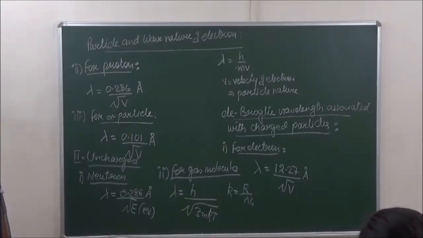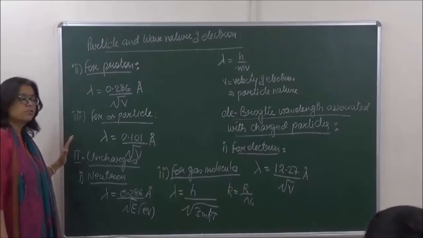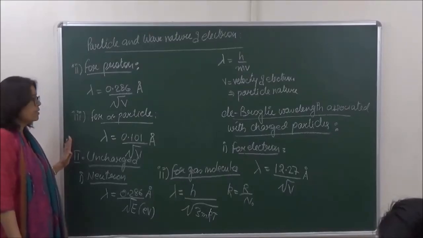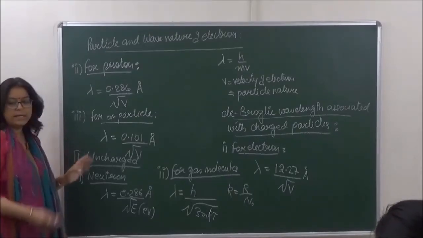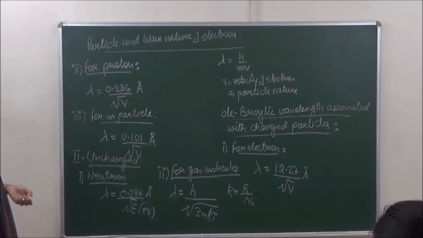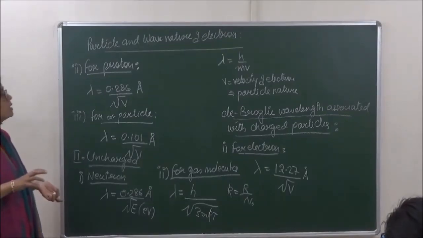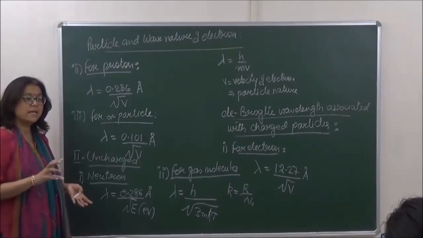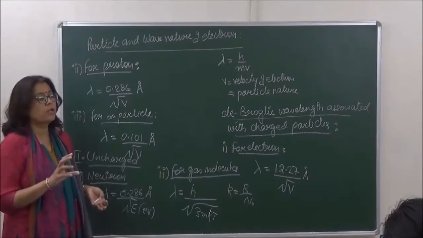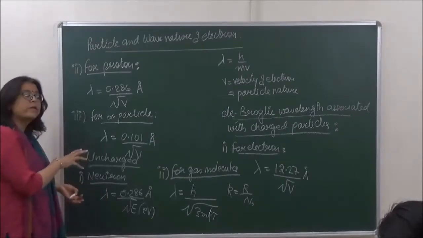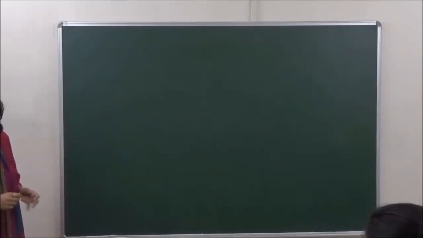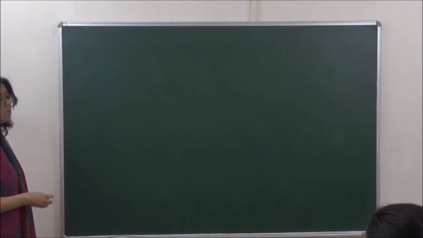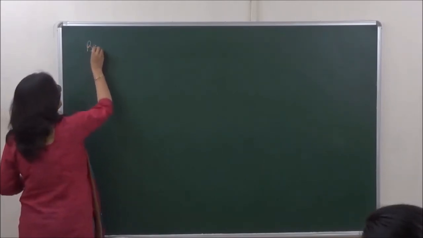Clear? So this is the de Broglie relationship, which is very, very important because we tend to get one or two numericals. One numerical you will get in your competitions from this section, and you can also get a numerical in boards. Right? Next we go to how Bohr's theory was supported from the de Broglie relationship. Then the next topic is Bohr's theory versus de Broglie equation.